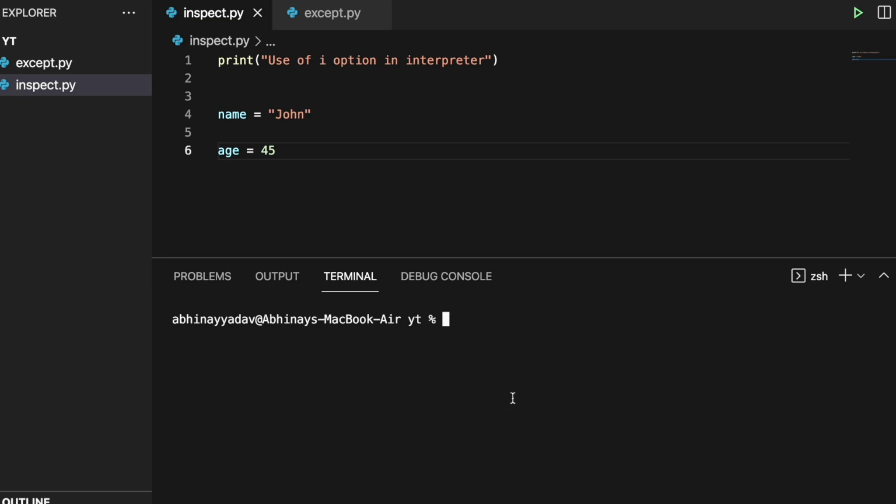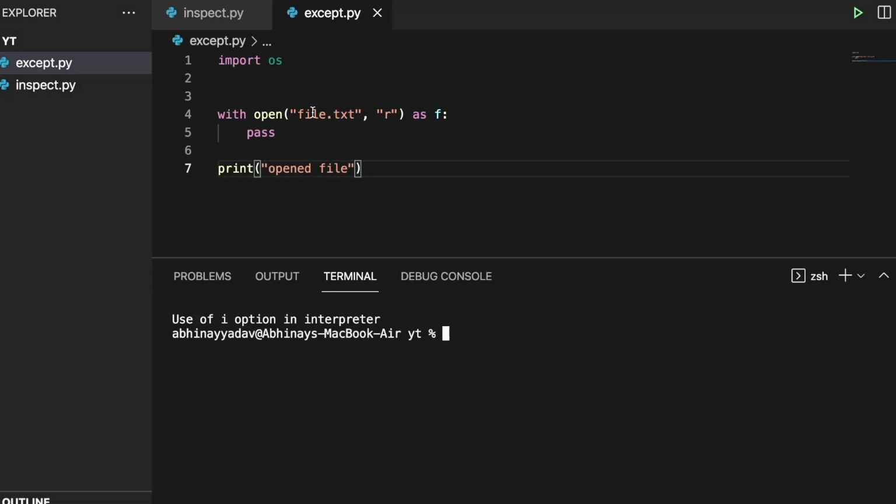Now this mode is very helpful to you if you are performing huge operations and want to see the intermediate results. Now I have this another file. I am trying to open a file, but it will raise an exception. So what I will do, I'll just run it with my inspect mode and we will see what is going